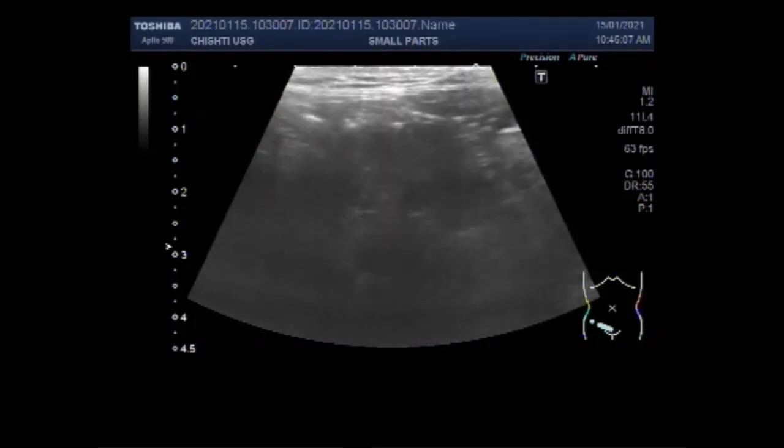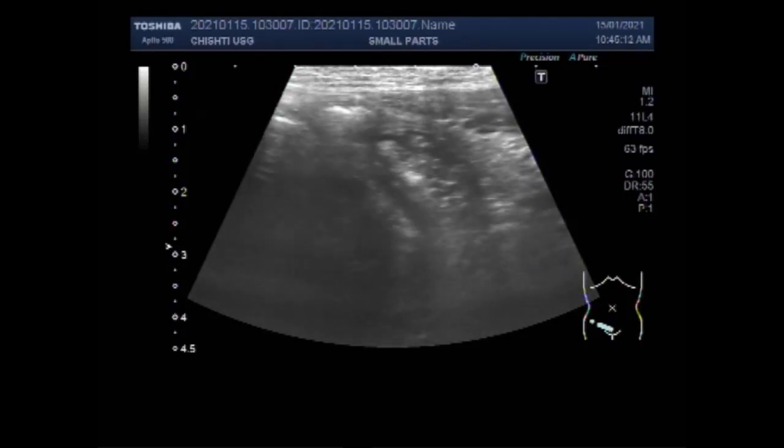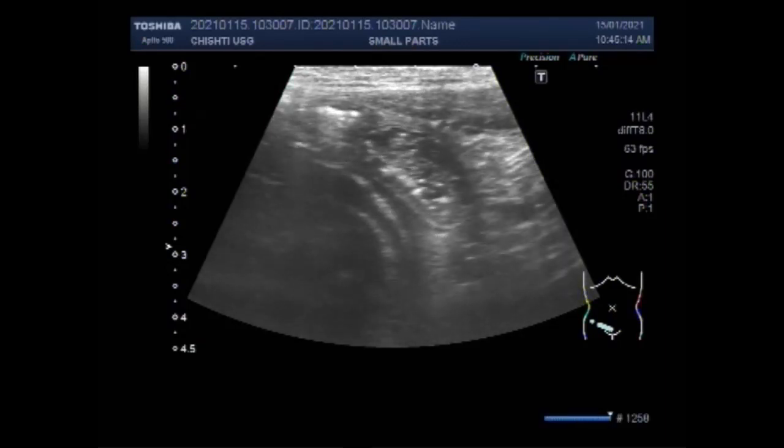Now the appendix is seen on the cross-sectional scan as a concentric circle. You can find some important information